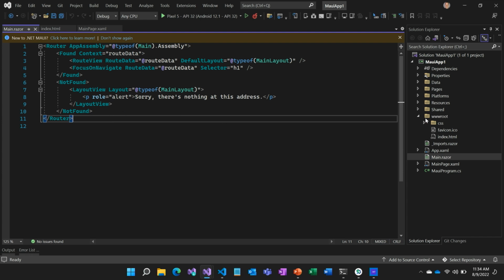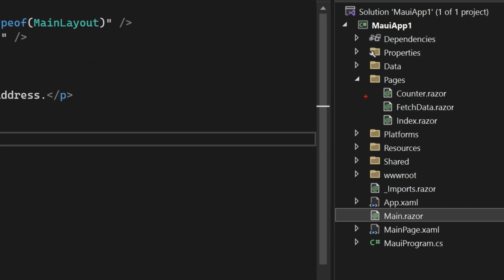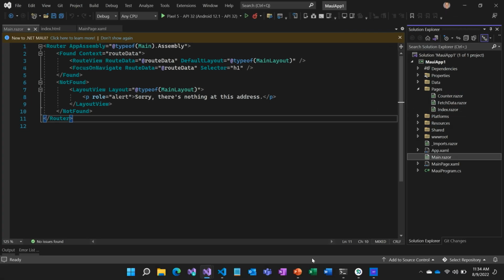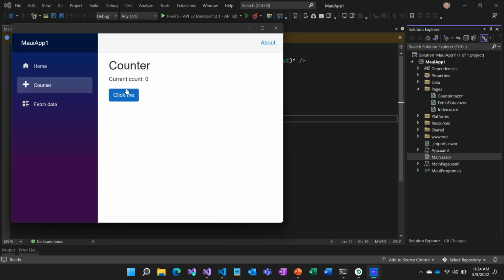And then we have all of our actual component pages, which are defined up here above. There are the 3 standard Blazor components that we put in every Blazor project template: Counter, FetchData, and Index. Those are the 3 components that we're seeing here in the app. So this home page is just a piece of static HTML. We've got the counter with the button that we can click and the count goes up, all done with HTML and C#.